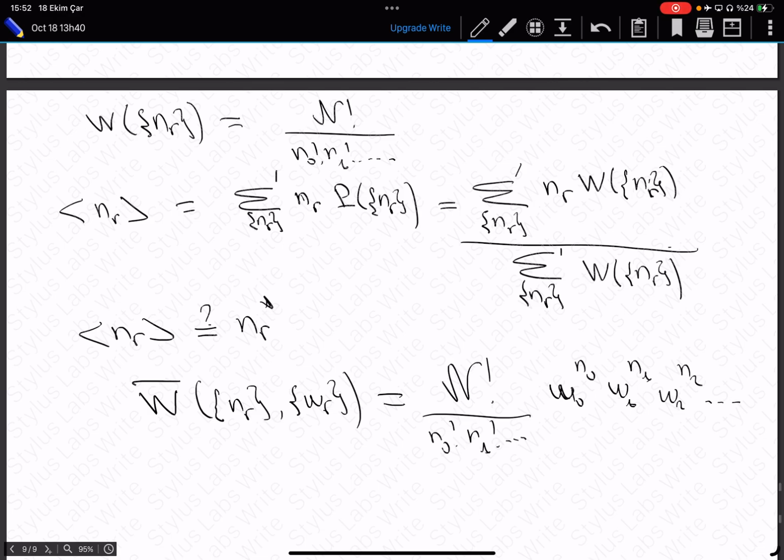I just introduce these numbers. The reason why I introduce those numbers is when I set them to 1, I recover my omega. But now, since they are just arbitrary numbers at the time being, I can take their derivative. If I take their derivative, it will just bring down some n0, n1, or n2. So basically nr times,